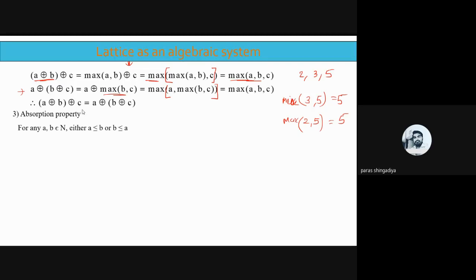A less than or equal to B, otherwise B less than or equal to A. ठीक है, दो ही पॉसिबिलिटी होगी कोई भी चॉइस में. तो हमें प्रूव करना है A star A ring sum B is equal to A. ठीक है, that is required here. तो let us simplify this one.